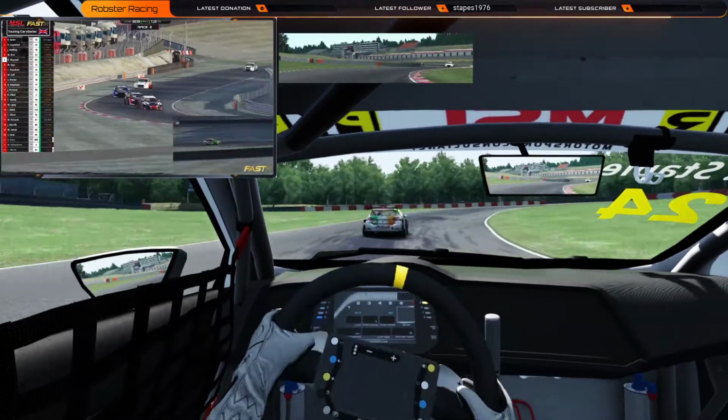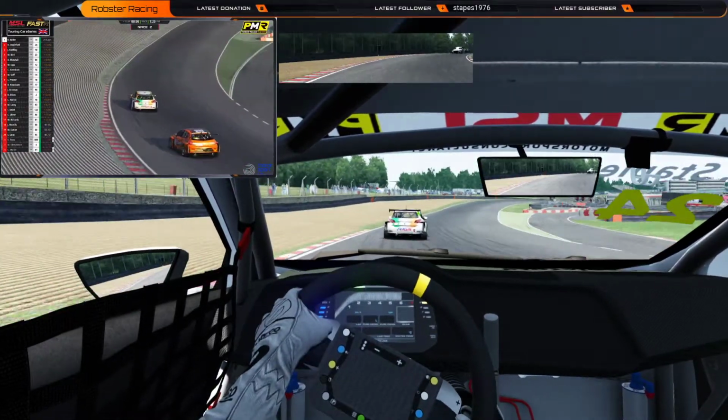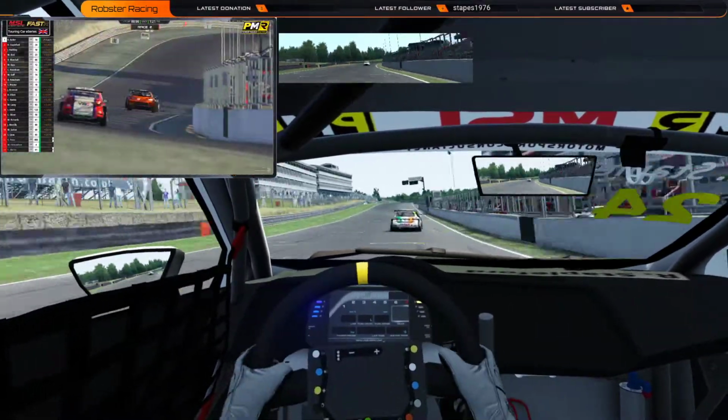Robbie Stapleford, the Colville man, with the Profile Racing Cupra Leon, and as the cars now make the run up towards the right hand of Clark for the last time, checkered flag should be at the ready. Rob Butler accelerating his way up towards the timing line. Stapleford is right on his tail. Jack Keith